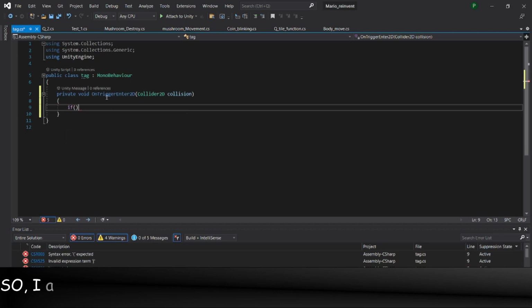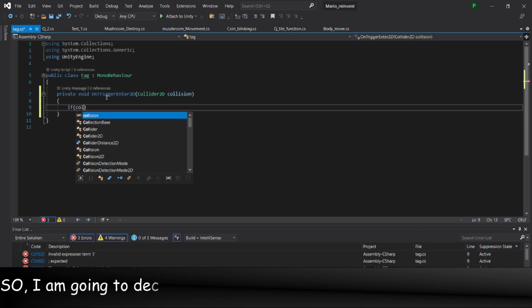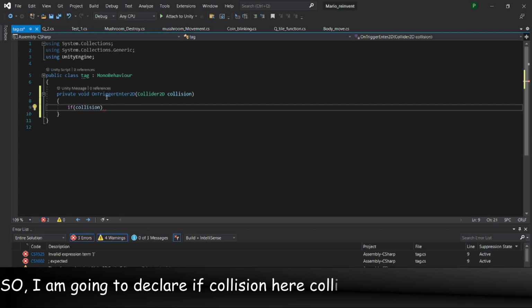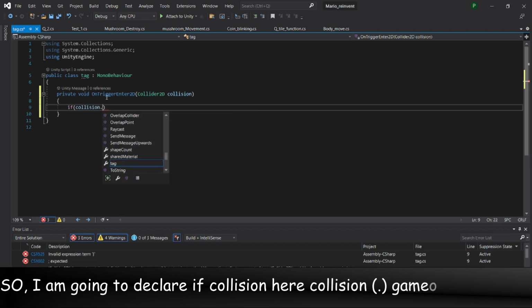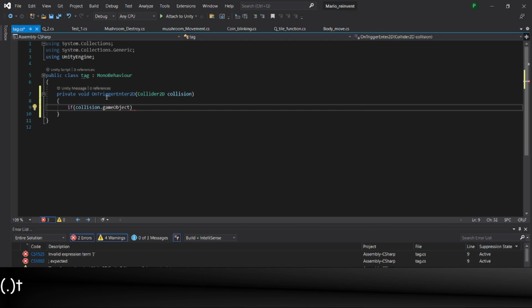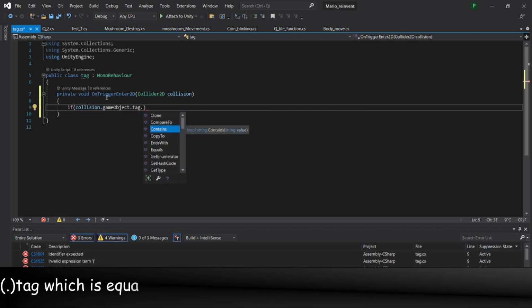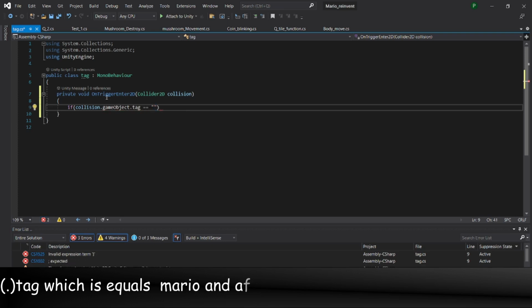I'm going to declare it with if collision.gameObject.tag equal to Mario,